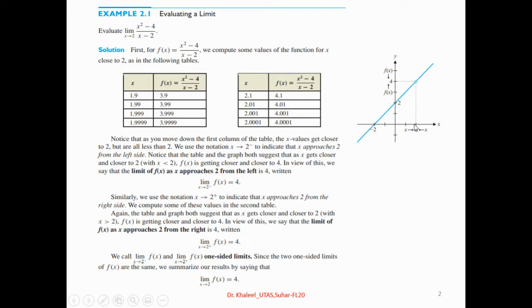When I come from the left-hand side, all the values of x are less than 2. When I approach from the right side, all the values are greater than 2. So don't forget, you should be close to 2, not far away. That means you come from the left and from the right, but in both ways you are coming to